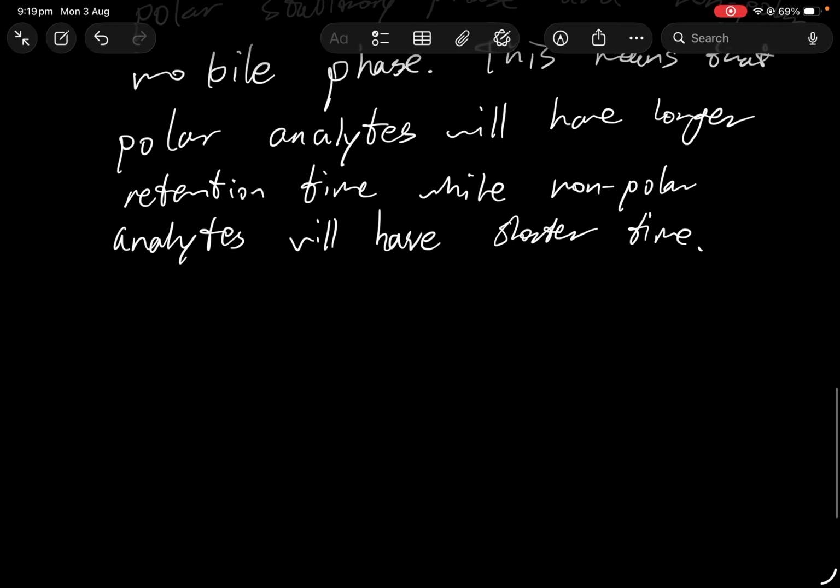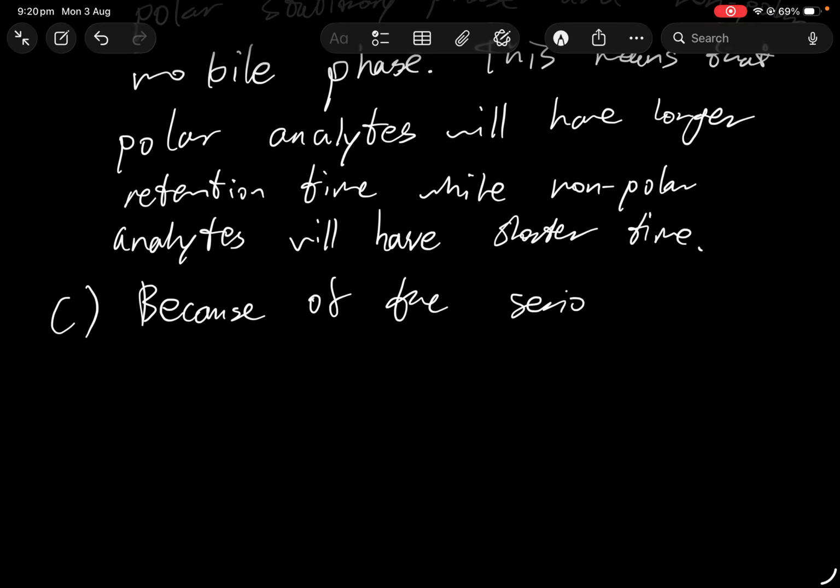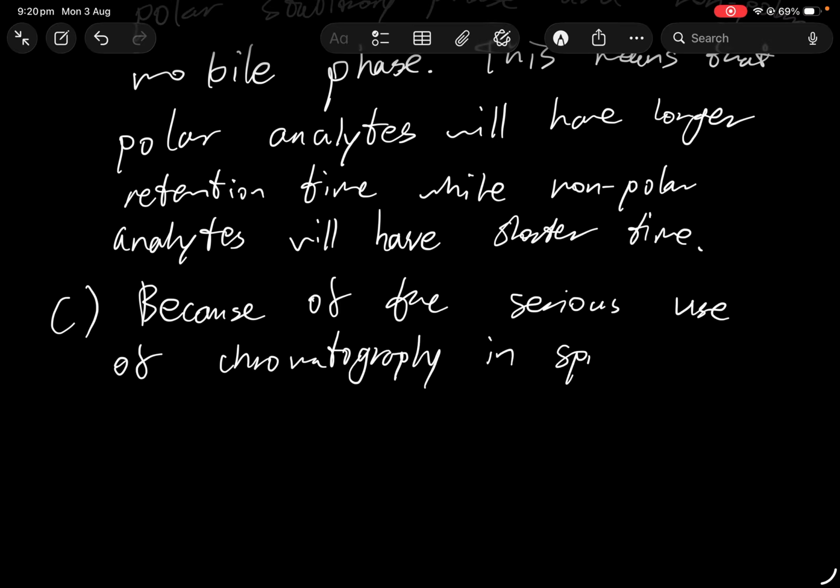Part C says discuss the ethical and social consequences if the equipment is not calibrated correctly. So basically, because of the serious use of chromatography in sport